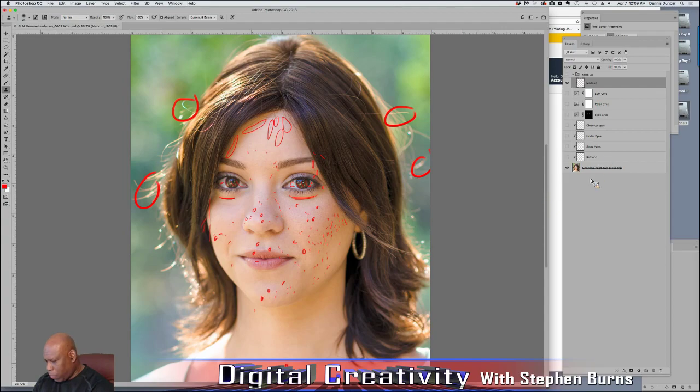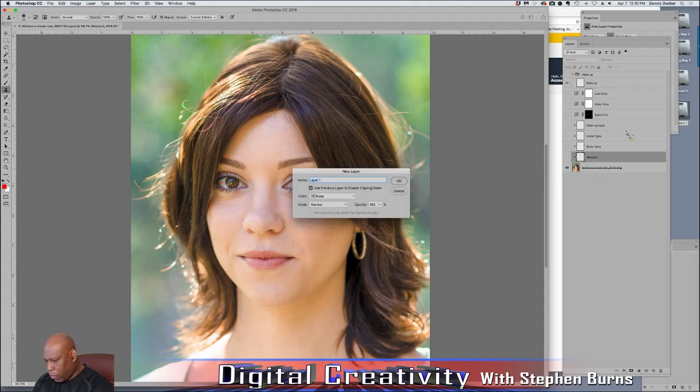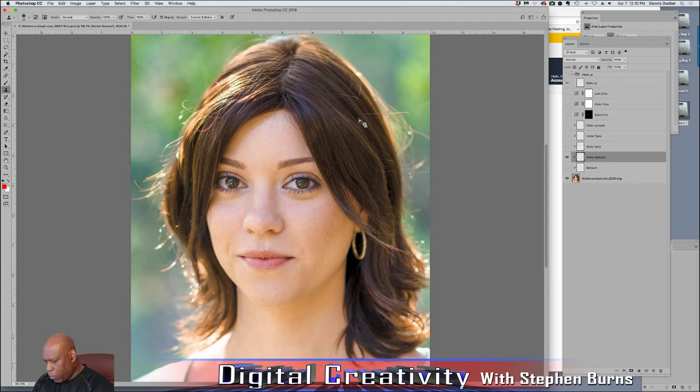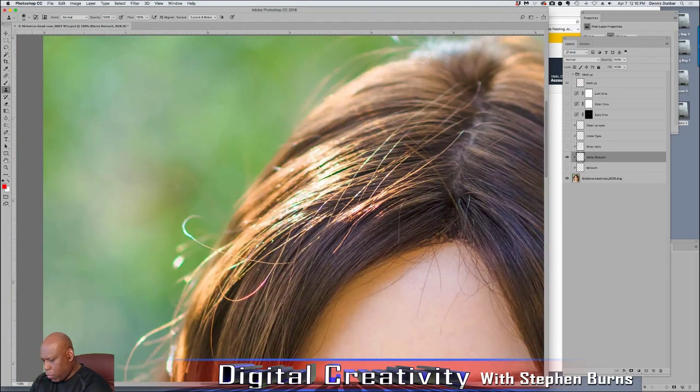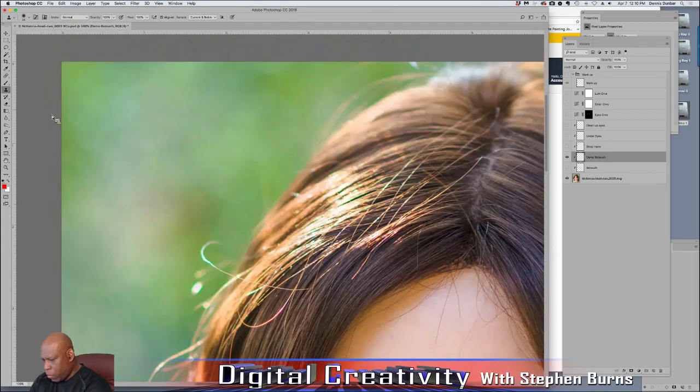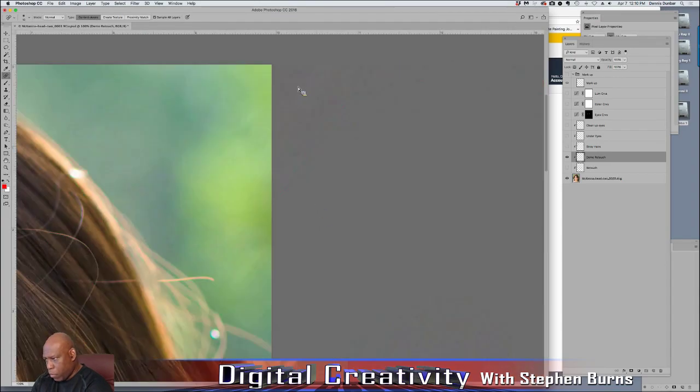So after that, my first layer will be, I'll make a new layer, and I call it retouch. So here we're going to make that demo retouch again. And then I'm going to zoom in, first about 100%, and my first pass through, I'm going to go to my healing brush, which is J on the keyboard, spot healing brush, and I look at the background. I'm most carefully looking at the background and making a note of any